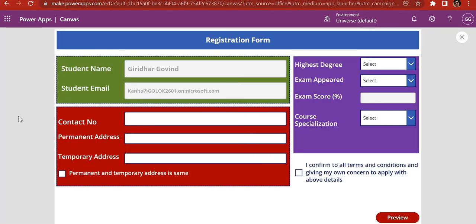So we are now back with our form designing. We have completed the designing part of this beautiful registration form for the MBA course. Now as we said, the student name and student email ID come by default, and it's fetching the current logged in user data. Now let's fill up the form here. I need to fill the contact number. So let's fill it,